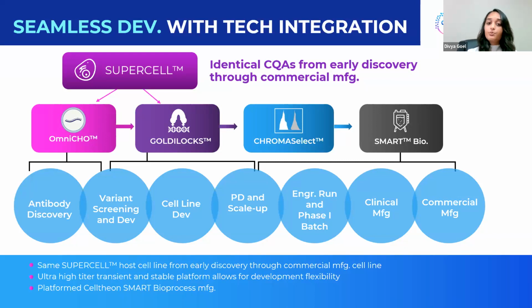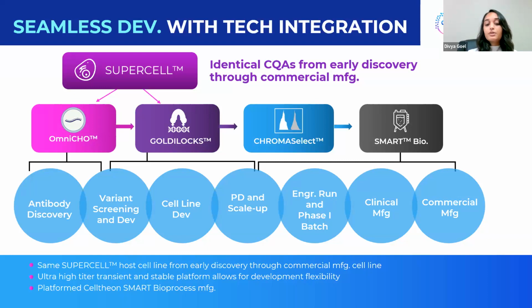So in conjunction, again, with the supercell CHO-K1 host cell line and our high titer Goldilocks transposase technology, we can then create pools on our top variants, and then from there select one variant, which would move into a more formal cell line development. And from that point, once we've selected our top candidate, if there needs to be further